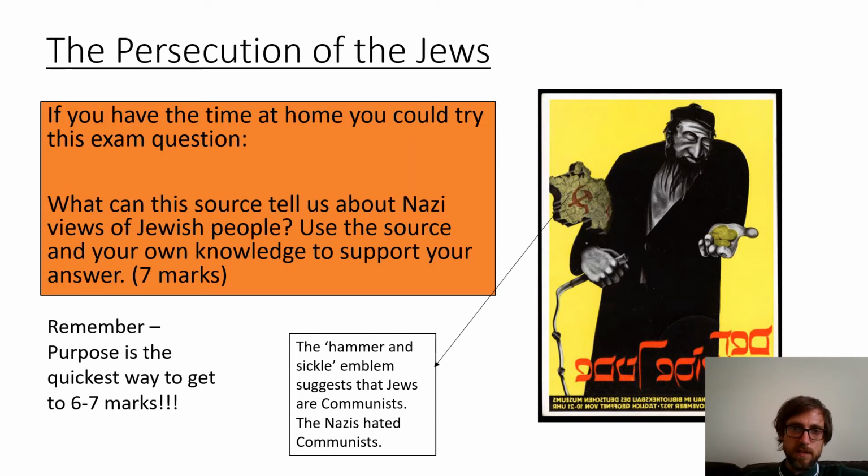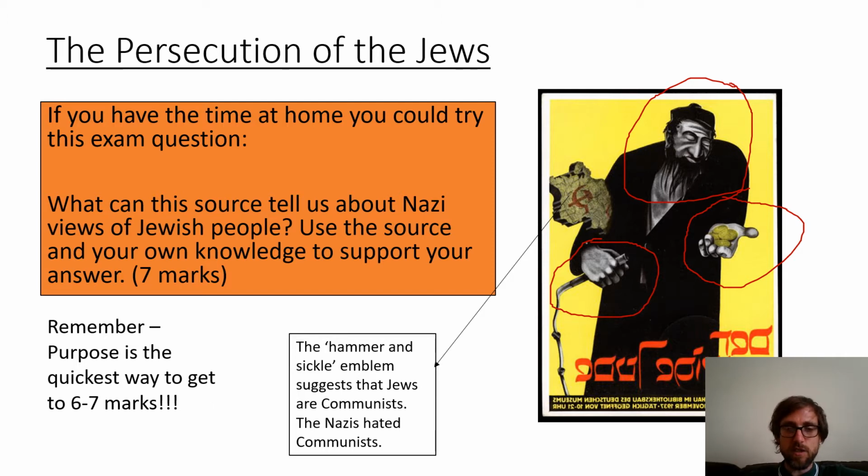Okay, so some of the things that you might have thought about is the character here, this Jewish person, is shown to be quite ugly. We can see that he's holding a whip, so it's saying that Jewish people were quite cruel. We've got here quite an important one, is he's got money, gold coins in his hand. Even you could see that he's kind of looking at that gold coin, showing that the main motivation of Jewish people is money and greed.